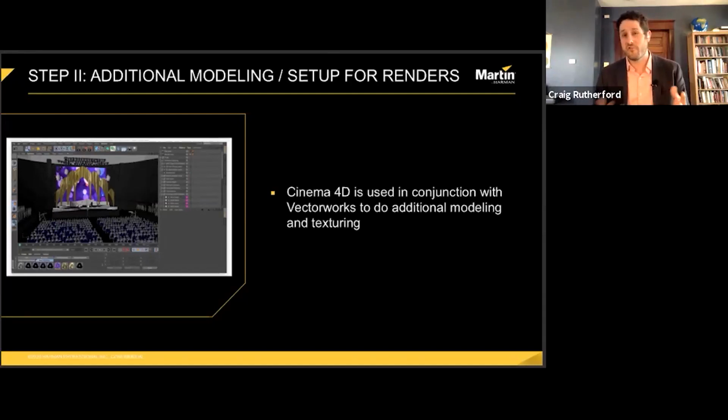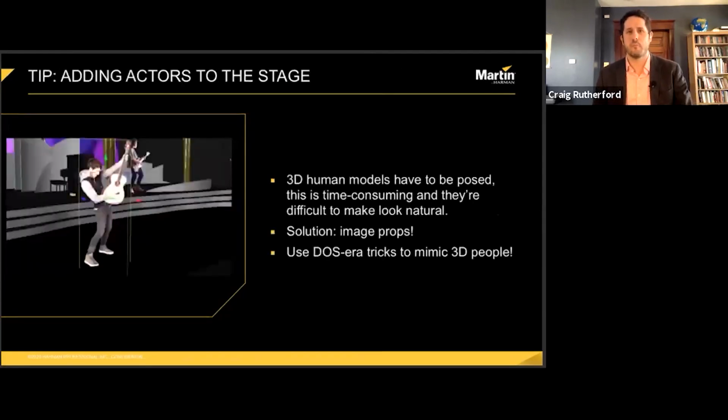I also like to do texturing in Cinema because I frankly find the texturing in Vectorworks to be a little bit more difficult and, to use a technical term, wonky. Another thing that I do at this stage before I move on to the lighting is I add actors to the stage. Now, my version of Cinema comes with some 3D people. You can also buy them on a site like TurboSquid, but I typically don't use them unless I'm modeling a talking head type scene or a conference. I find that it's easier and allows more customization to create what Vectorworks would call an image prop.